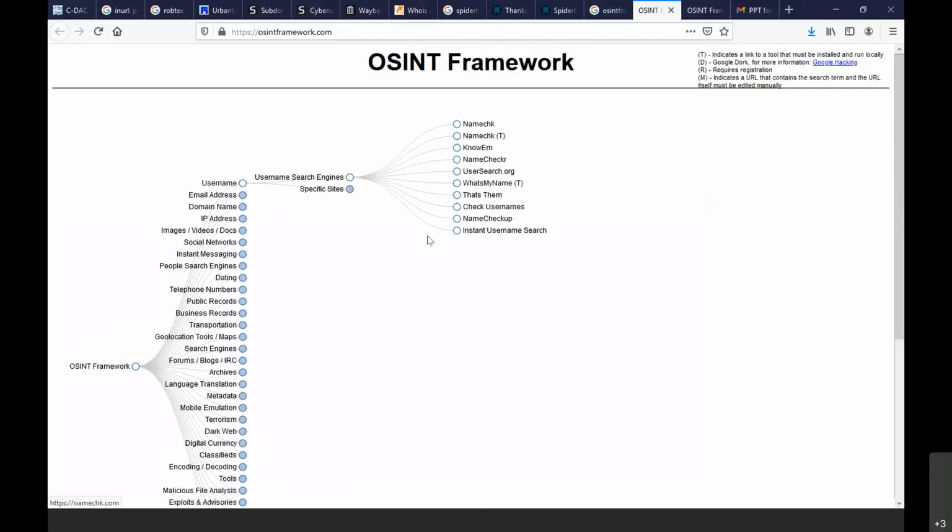You can go through these tools like Name Checkr, Namechk, What's My Name, and all of the tools that are freely available and open source, and you can search information related to usernames. There are also tools made for specific websites.